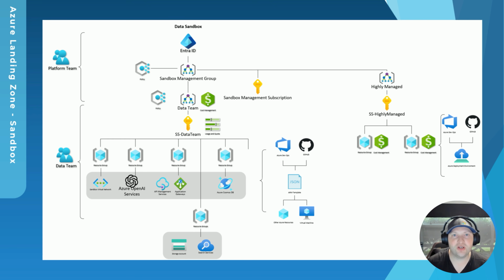Because it's unmanaged, the data team with Samuel can really deploy what they need to within that subscription or subscriptions underneath that data team management group. So things like they could deploy Azure OpenAI services in one resource group. They could deploy API management or application gateway in another. In this example, Samuel and his team have been playing around with RAG, so retrieval augmented generation patterns, on top